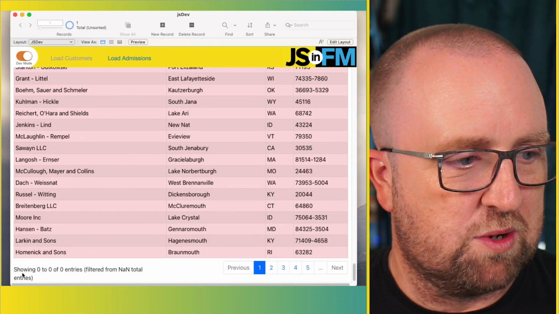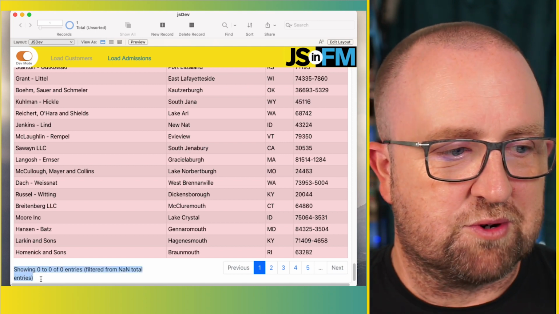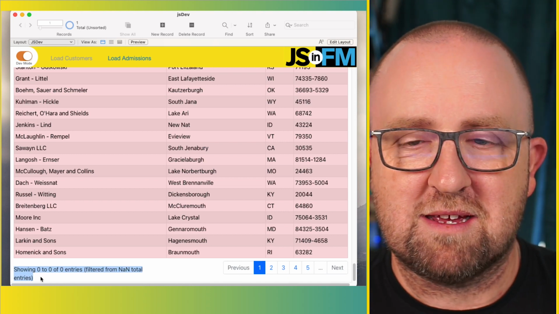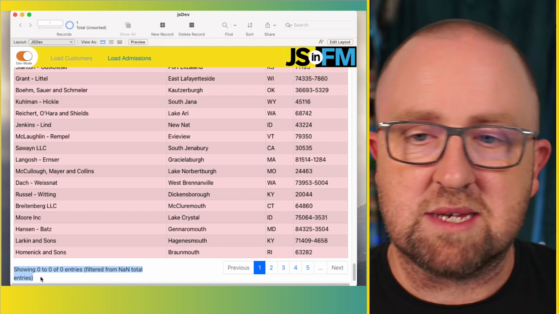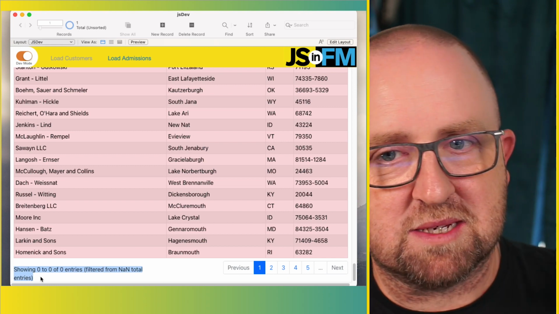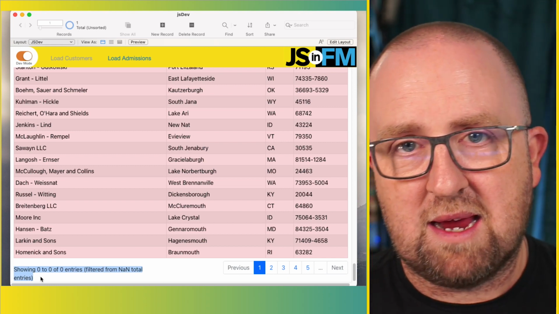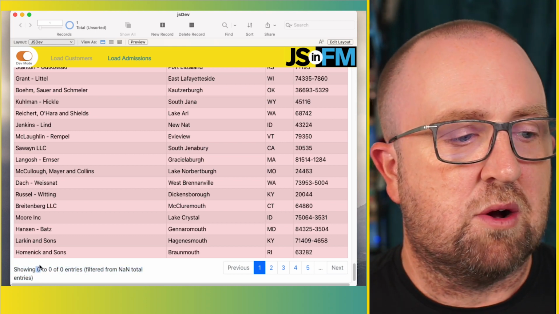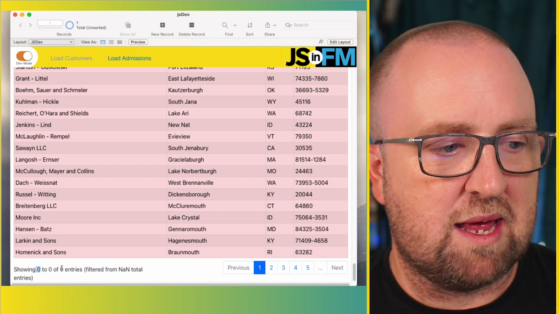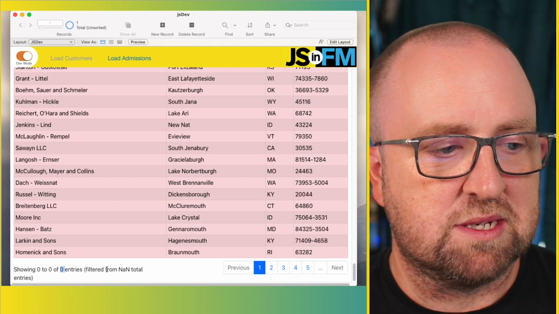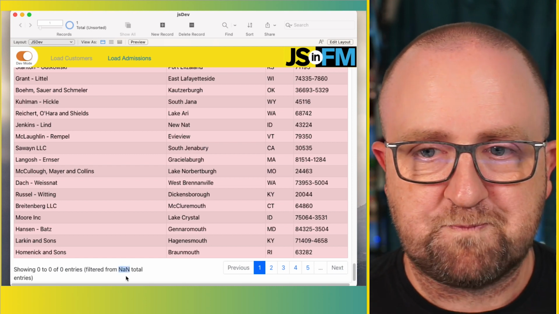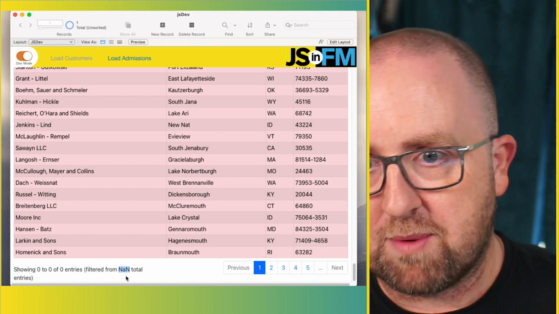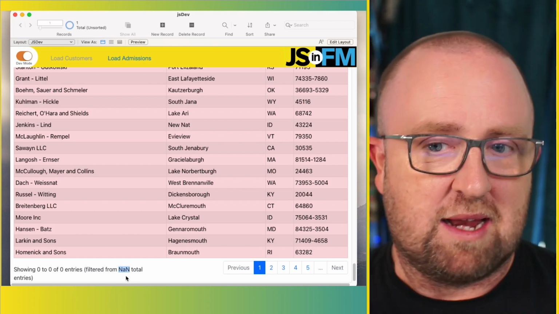What I noticed was that it's showing 0 entries filtered from NaN total entries, all of this seems to be lost. DataTables doesn't handle this anymore because it's actually expecting the server side processing to tell it how many records it's showing, or the page length, like 1 to 10. It's showing the number of entries and filtered from a total found set. So all of these numbers now have to come from the Execute Data API script set result, which